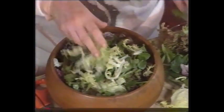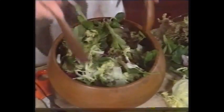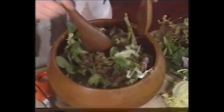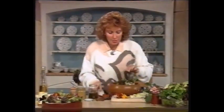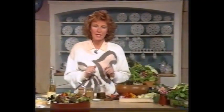And that's all tossed in, and if you can, you get it into a big bowl and you do toss it up. I'm afraid I use my hands quite a lot in cooking, and if they're clean, I'm sure they're just as good as these old wooden fellows. And then put the flowers on at the end. Now, I'm not going to put them on just yet because I want to make a salad dressing, a basic